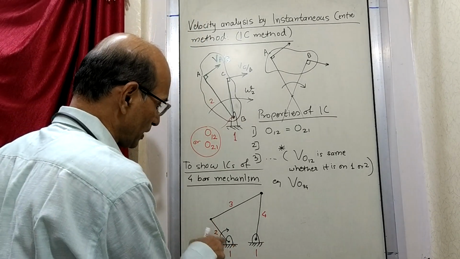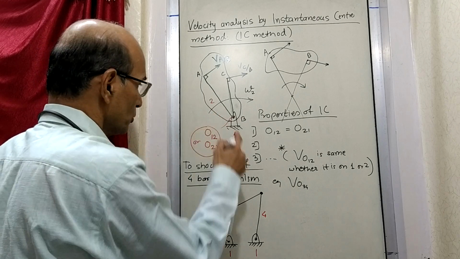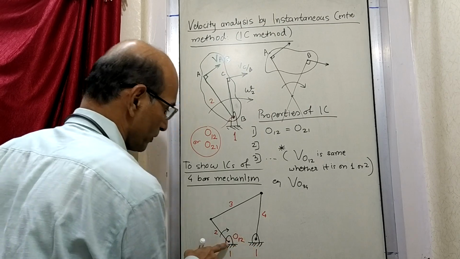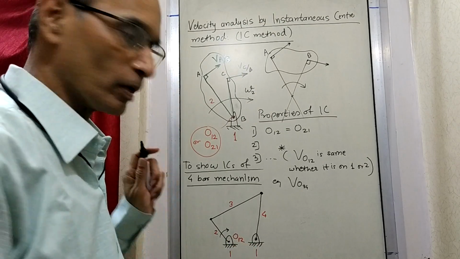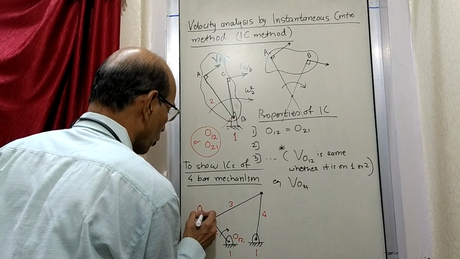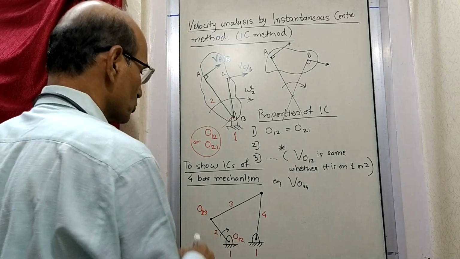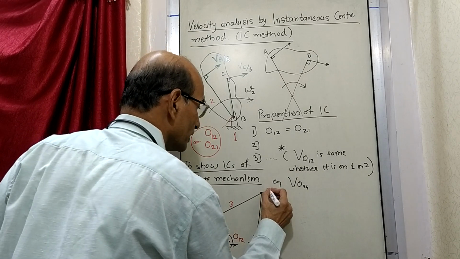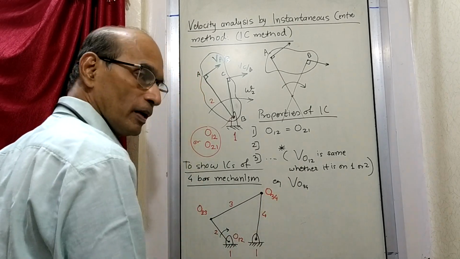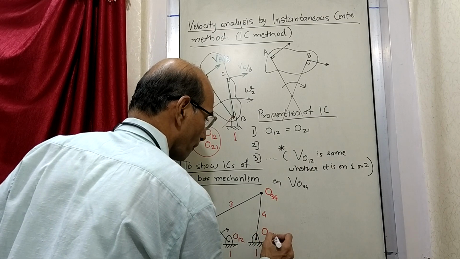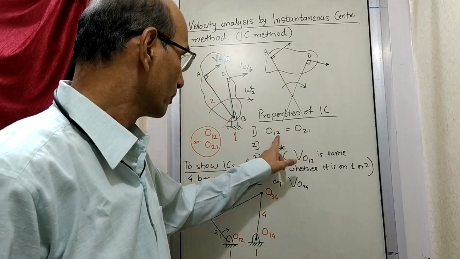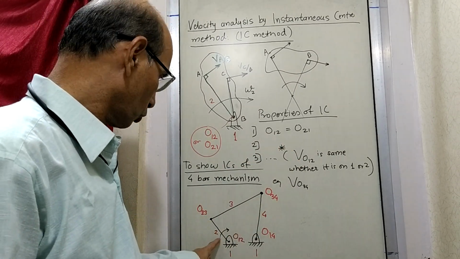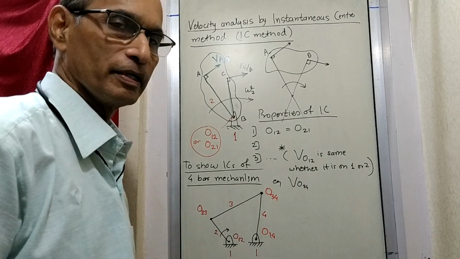Now if you see this link number 1 and link number 2 combination, it is same as this. So like this O12, you can easily say that this point is O12. This is instantaneous center O12. So like that, this is instantaneous center O23, because 2 and 3 they are joined here. So it is O23. What is this instantaneous center? It is O34. And what is this center? O14. You can also call it as O41. This can be O43. This can be O32. O12, O21. So we have marked 4 instantaneous centers.